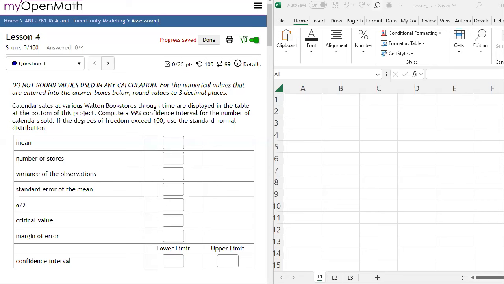In this part of lesson 4, we're going to compute confidence intervals. And in this example, calendar sales at various Walton bookstores through time are displayed in the table at the bottom of this project. We are going to compute a 99% confidence interval for the number of calendars sold. If the degrees of freedom exceed 100, we're going to use a standard normal distribution, because for degrees of freedom over 100, the critical values from a t-distribution are getting really close to the critical values of a standard normal